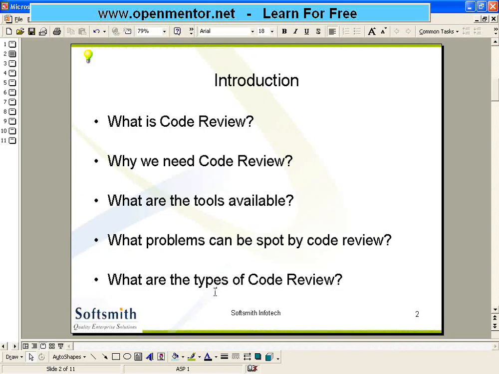What are all the types of code review? Either you yourself can review your code, okay, or some other people can review your code, or a group of people can review. So that is one type based on the persons: self-review, peer review, and group review, or automated review or manual review in case of tools. In case of functionality testing, you have strict review and normal review. So let us see one by one.